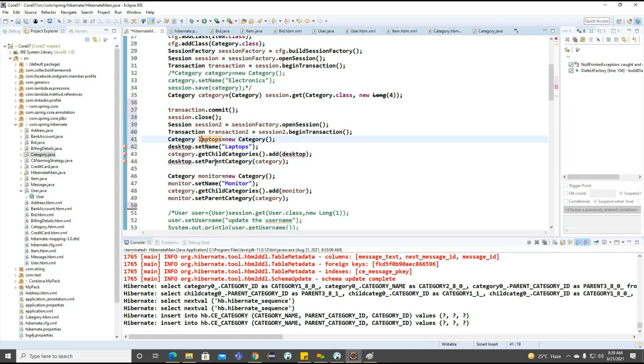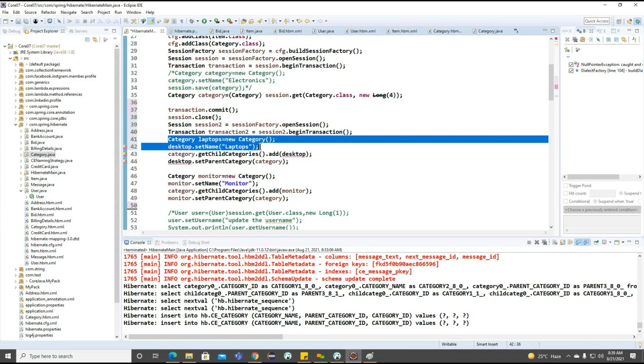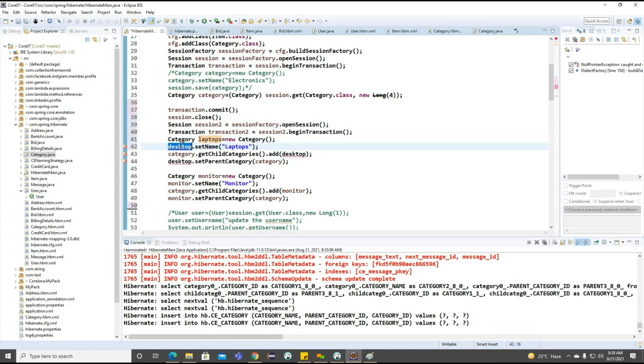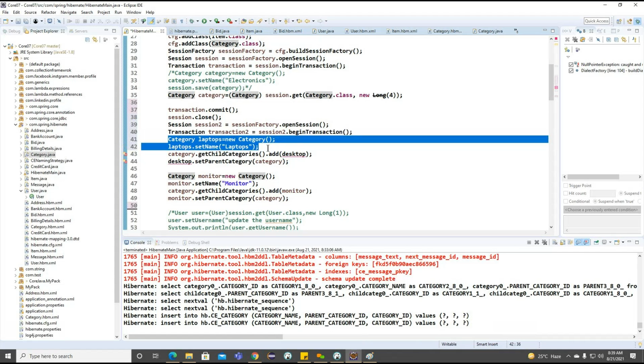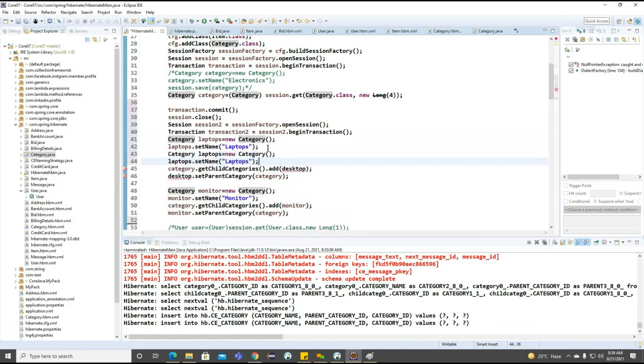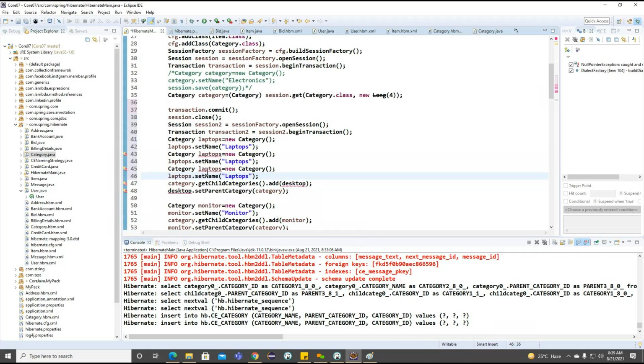Once we created this particular laptop category, I'm creating 3 objects here. Three objects I'm creating. So first one laptop and the second one laptop accessories here.